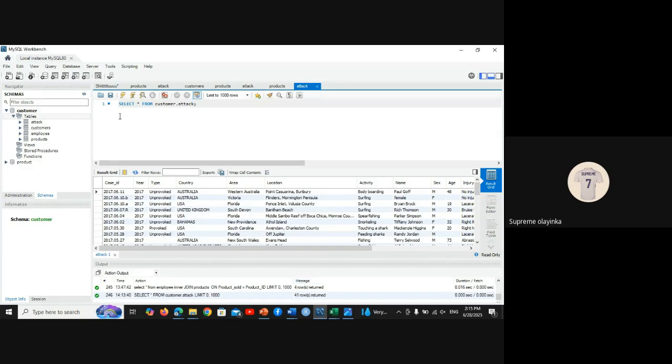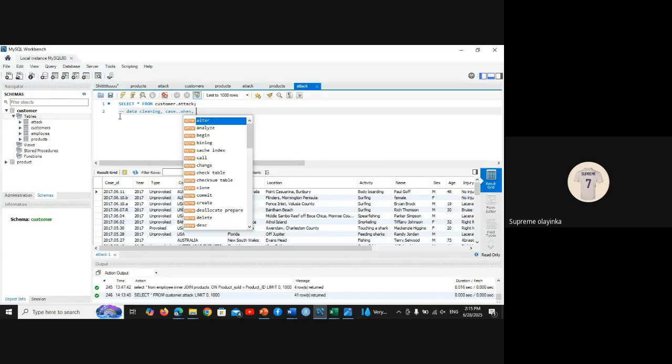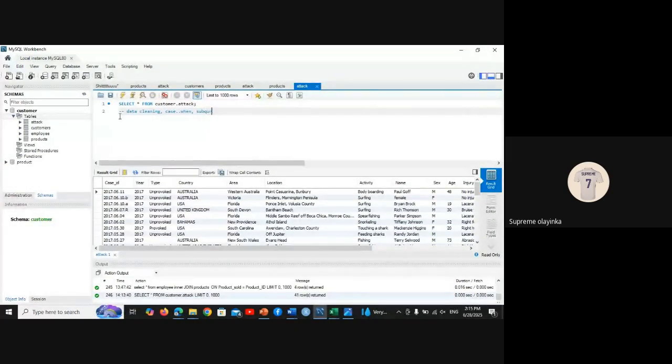So these are what we are trying to achieve today. Let me just write it out. Today we'll be doing data cleaning. We'll also be doing case one. Then we'll also be doing what I prepared for today: subquery. Then we finish our journey. So yeah, we all remember that when we're in,